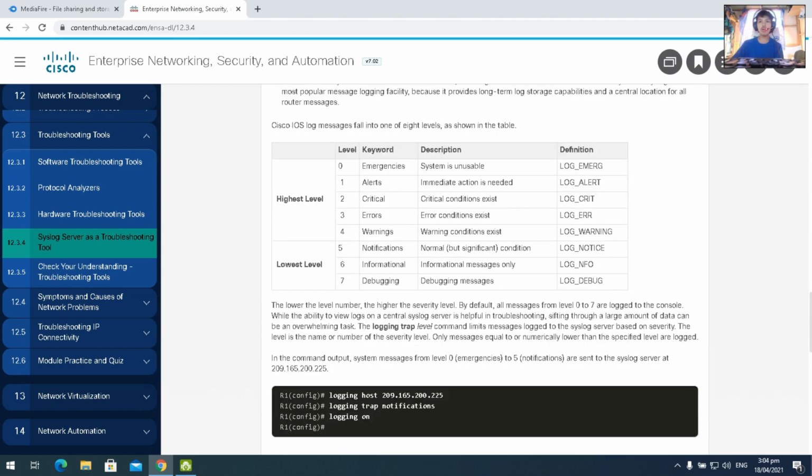By default, all messages from level 0 to 7 are logged to the console. While the ability to view logs on a central syslog server is helpful in troubleshooting, sifting through a large amount of data can be overwhelming. The logging trap level sets which messages are sent to the syslog server based on severity. The level is the name or number of the severity level, and only messages equal to